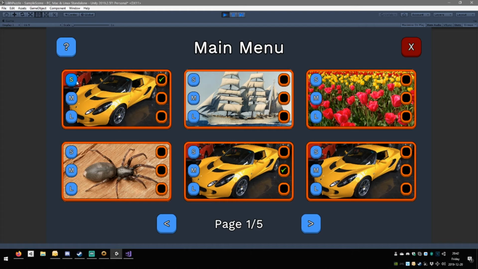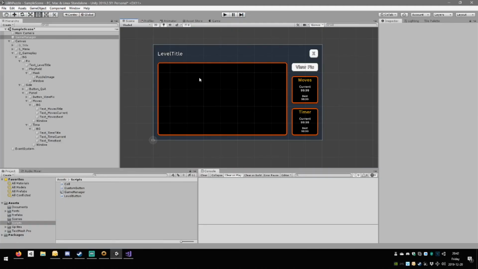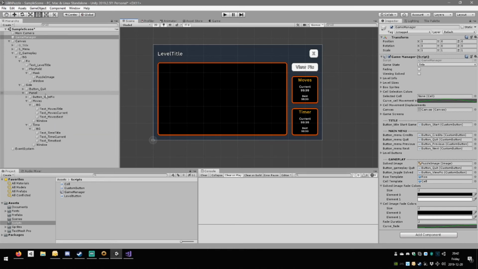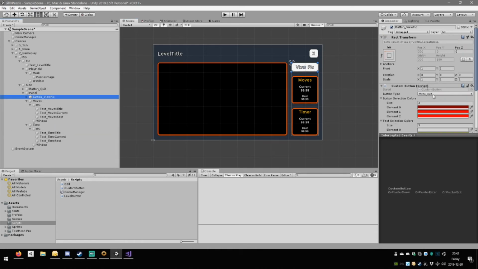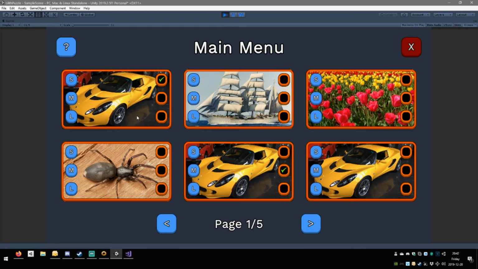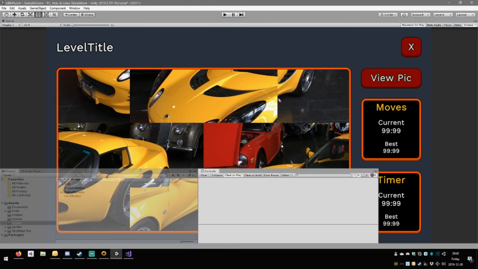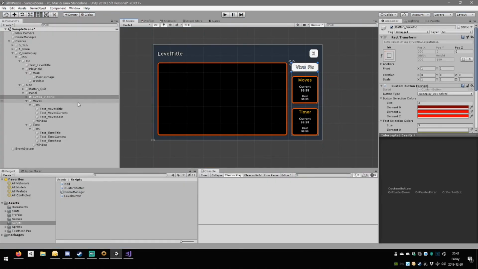Start, small, view pick. I think I know why. I think we forgot to tell it what this does, because it says menu quit here. Gameplay view solved. Pretty important. Oh, I just noticed something. The button's red, which is incorrect. Okay, so it's not even working. So I don't know why, but we'll find out. But it's not supposed to be red like the quit button. It's supposed to be another color,